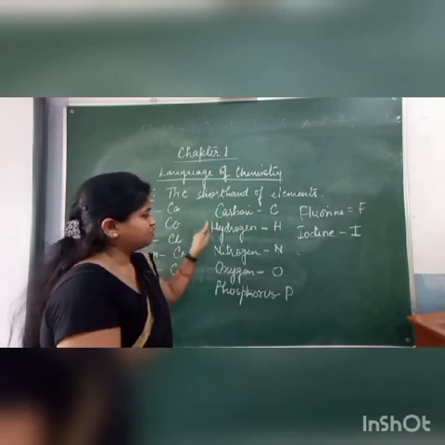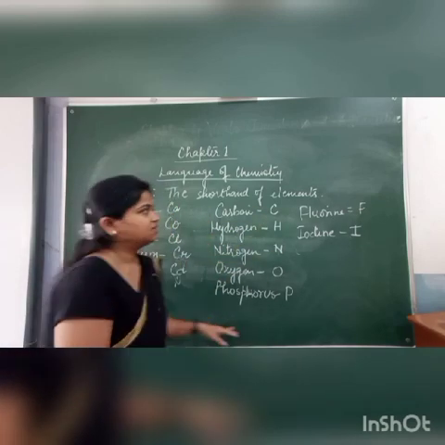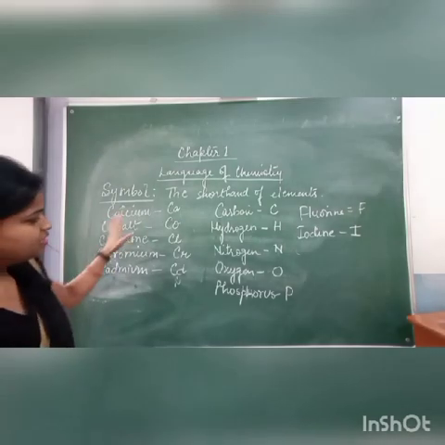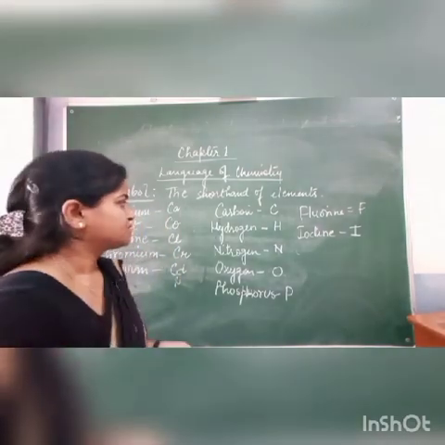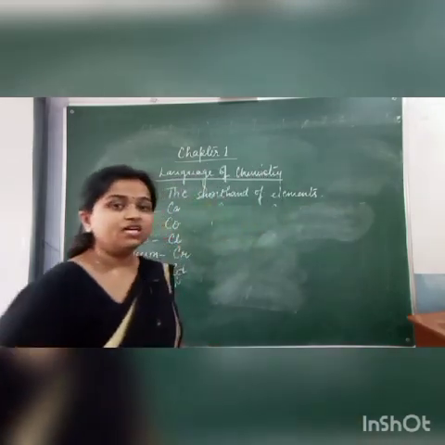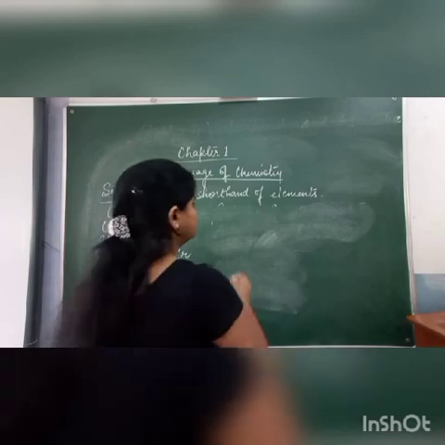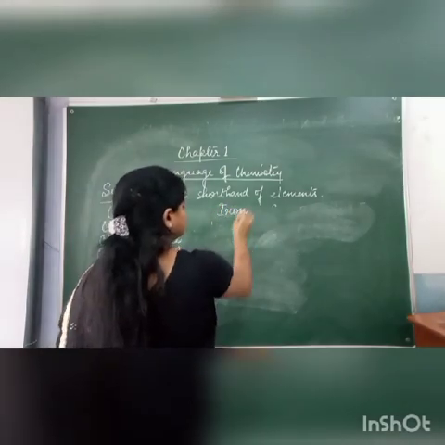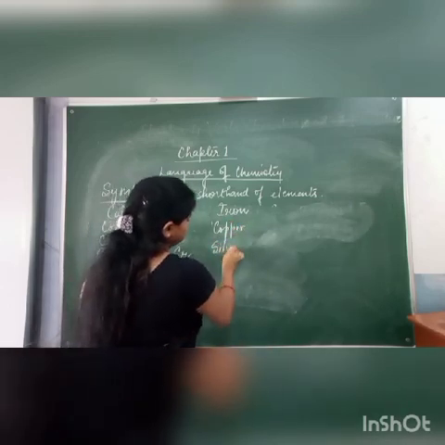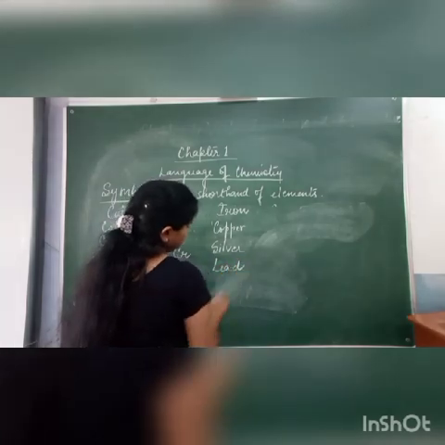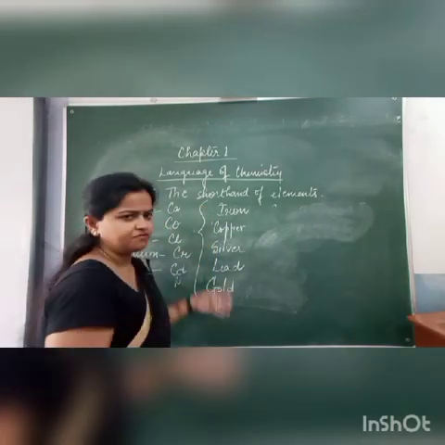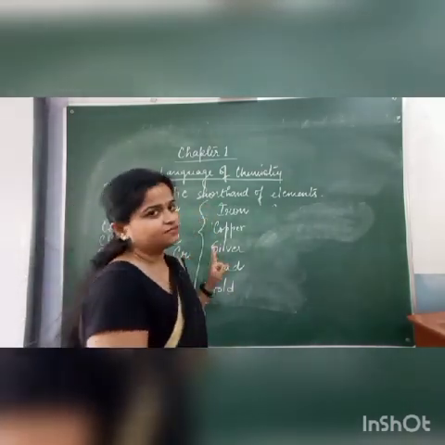First rule, he said we will take the first letter, and that will be the symbol. In the second case he said we can take the first and second or the first and third, and thereafter the symbol is identified. But in some of the cases he said we have to go through the Latin names of the different elements, such as if we talk about iron, copper, then silver, then lead, then gold. Now you see, these are some elements, and there are a few more examples where we can't take the first letter.